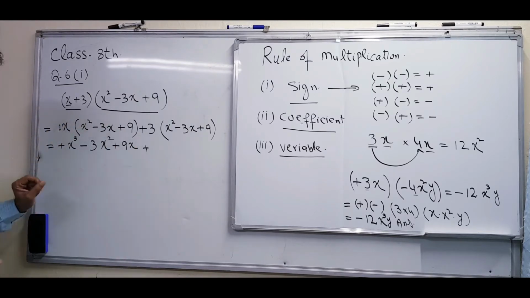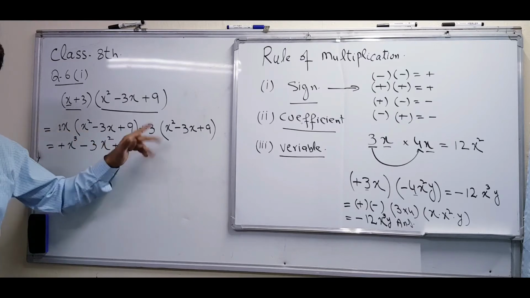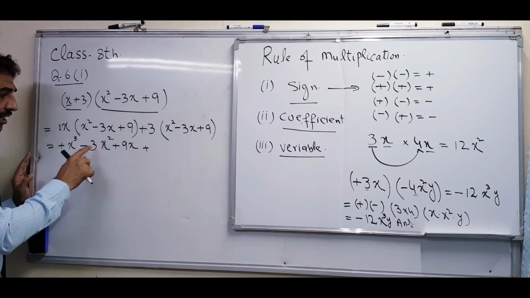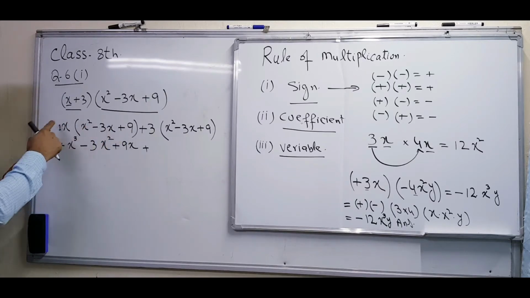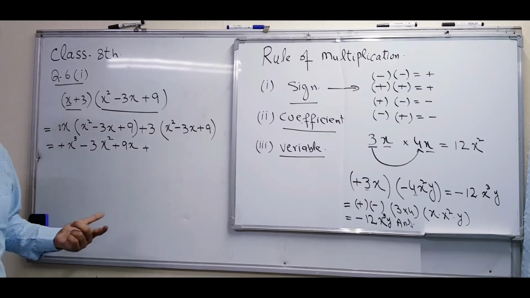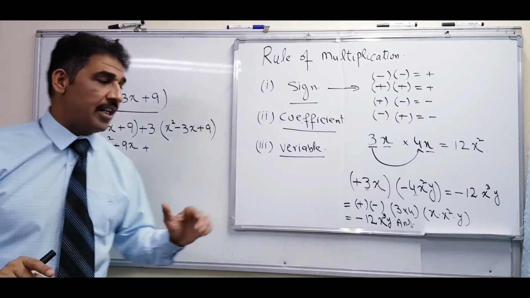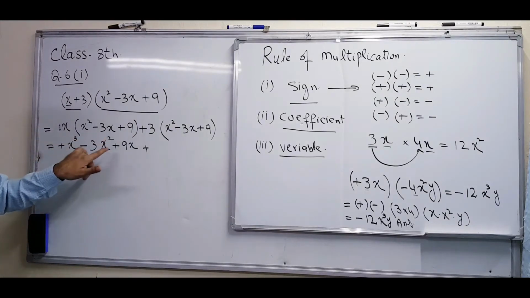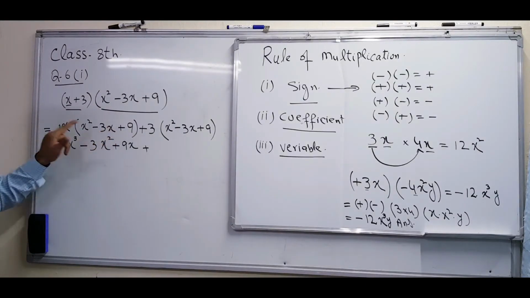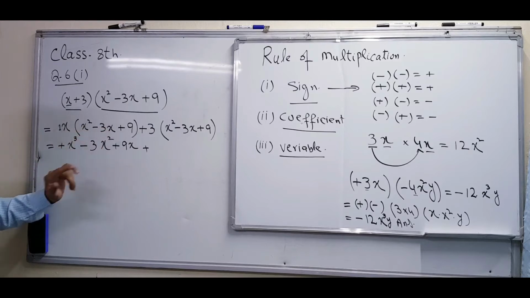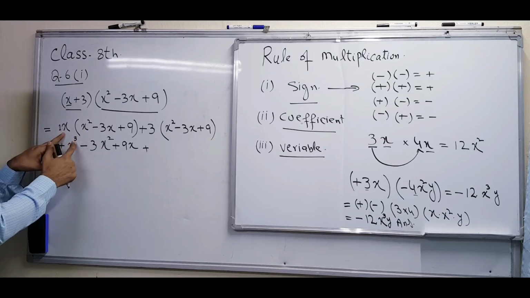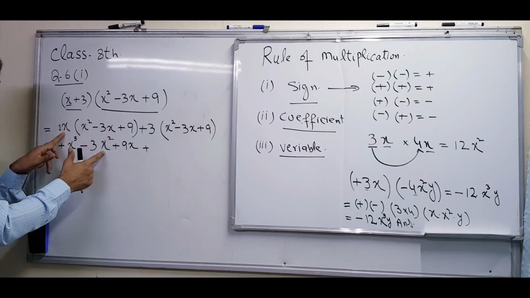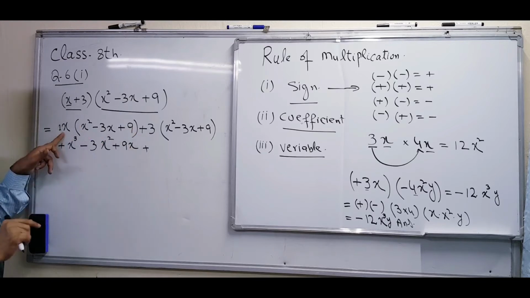And the second shortcut clue: if the coefficient is 1, then no coefficient will be changed. Here coefficient 3, coefficient 3. Here coefficient 9, here coefficient 9. Because 9 ones are 9, 3 ones are 3, 1 ones are 1. Because 1 multiplied to any number, there is no change. So that is the shortcut way. So the coefficient will be the same, sign will be the same, change will be only the variable, because here variable x, so x into x square is x cube, variable change. Here x into x, x square, variable change. Here is no x, here x will arise. Right? That is the shortcut way.